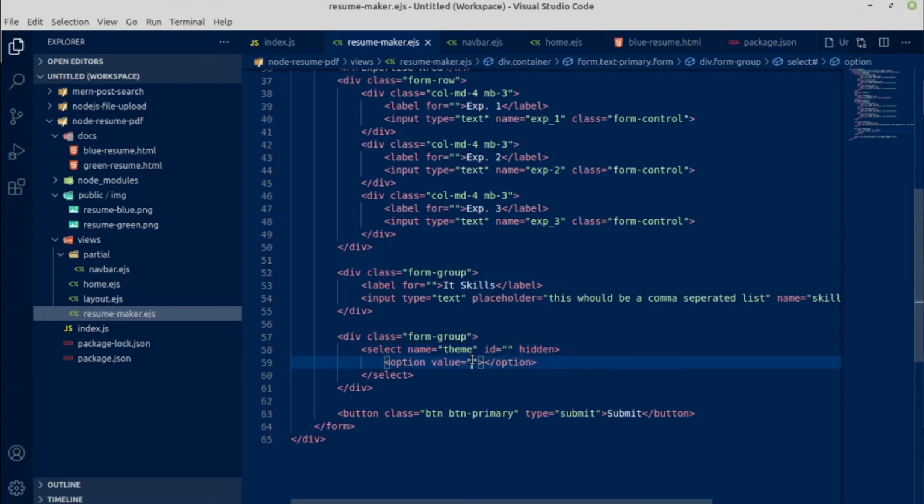Value would be less than, greater than sign, percentage, equal sign, theme. Copy this and paste it here as well. Okay, that's all for our form.